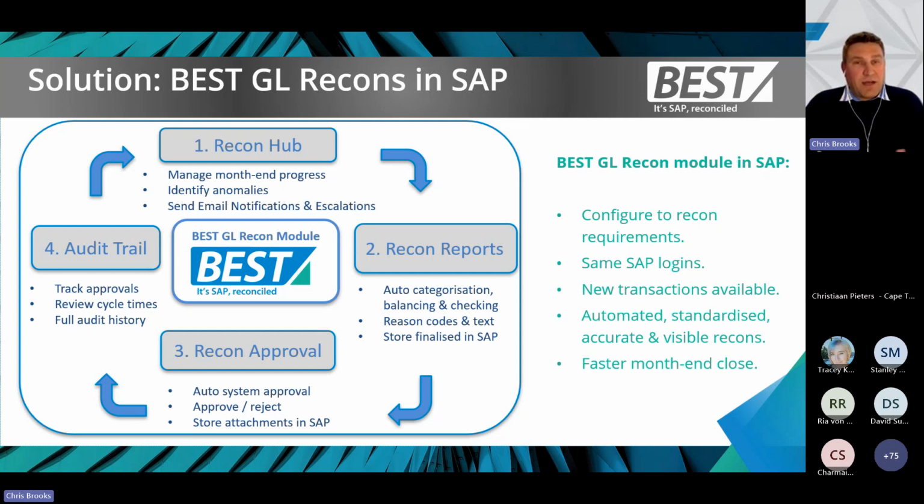We automatically categorize all of the items on the recon, and by that I mean we actually look at the inherent nature of the transaction and give you information back. Perhaps it was an accrual document that's still open, perhaps it exceeded a tolerance that has been flagged for you, perhaps it's been subsequently cleared after month end. All of that is useful information and is reflected in our auto categorization.